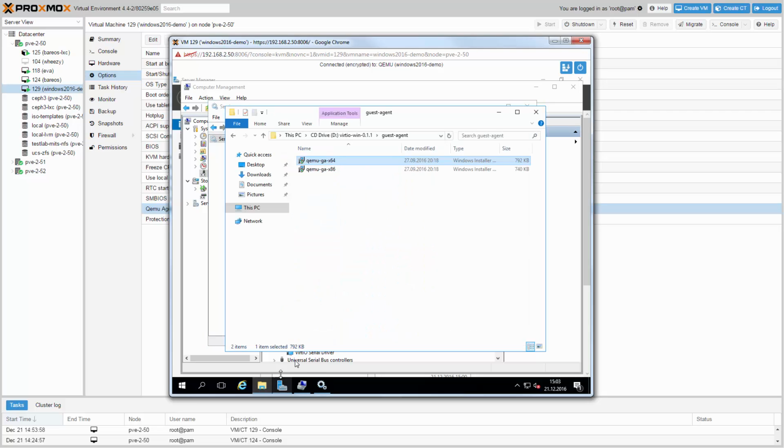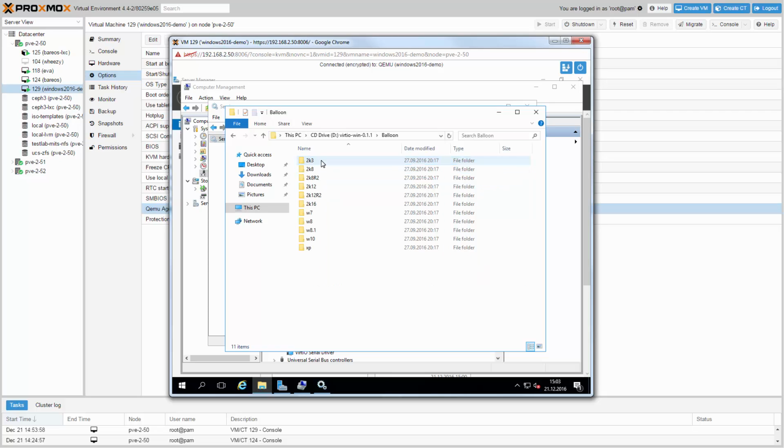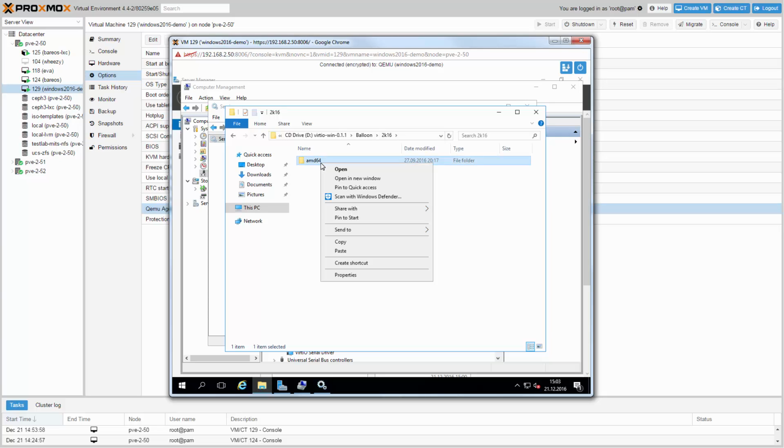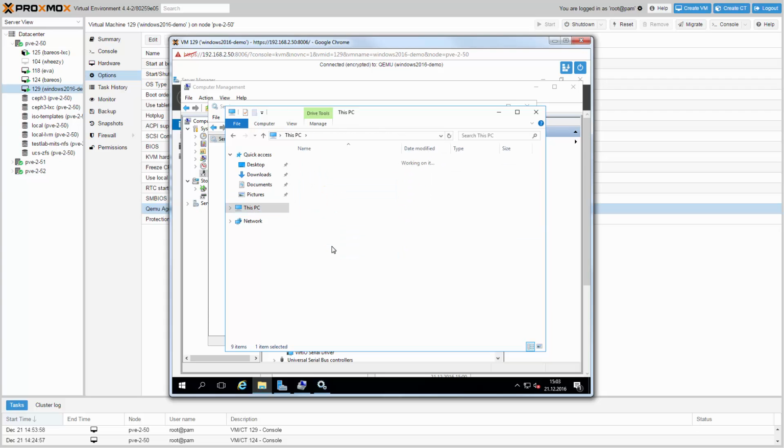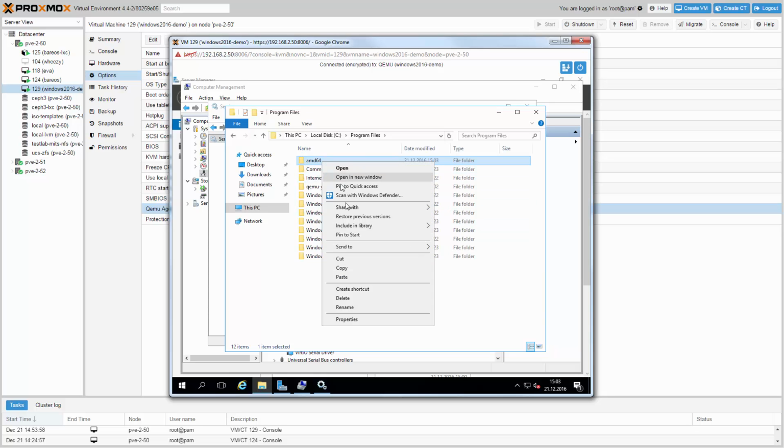Finally, we can install the ballooning service. First, copy the right directory to your Program Files directory. And rename it to Balloon.